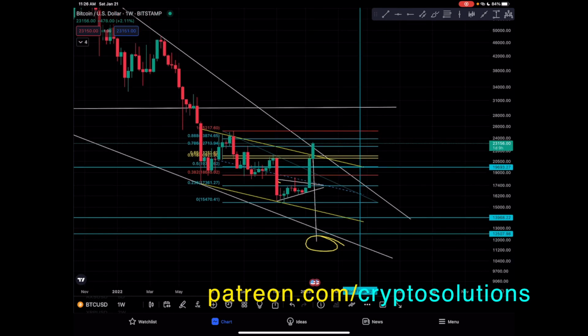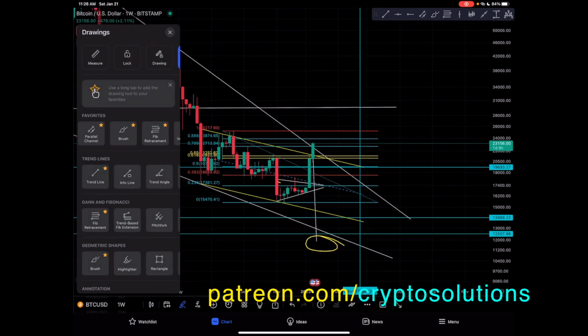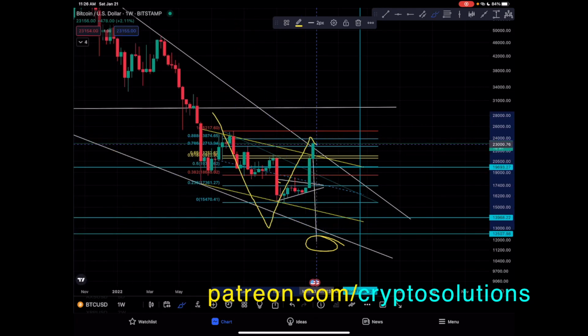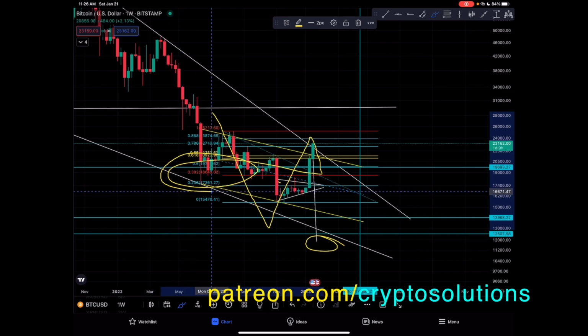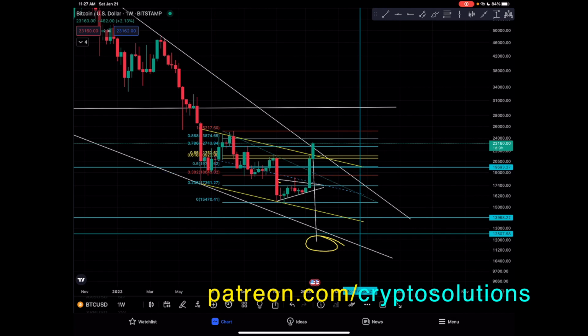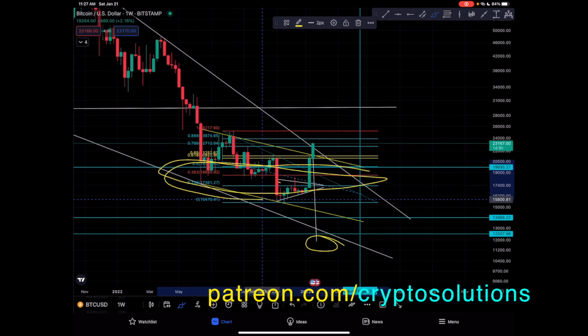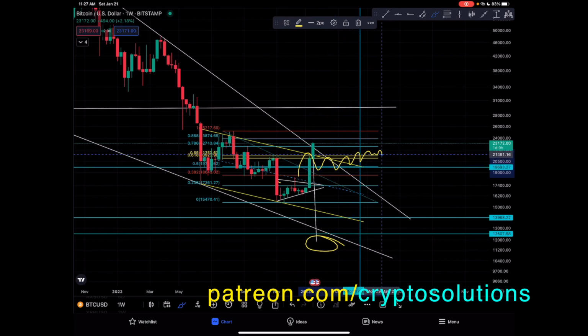And if by any chance, remember, this can be a dead cat bounce scenario if this 0.382 Fibonacci retracement around $18,645 with 2 cents can't be held as support. That will be the scenario where I see more downside, okay? But until then, if the Bitcoin price doesn't break below that 0.382 Fibonacci retracement around $18,645 with 2 cents with a weekly body candle close below that, then the Bitcoin price will remain in a bullish short-term trend, okay?